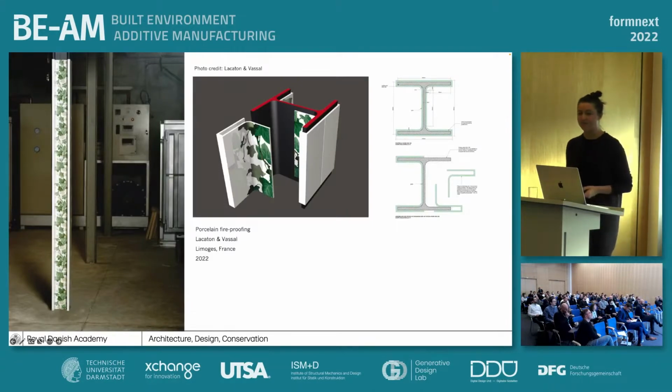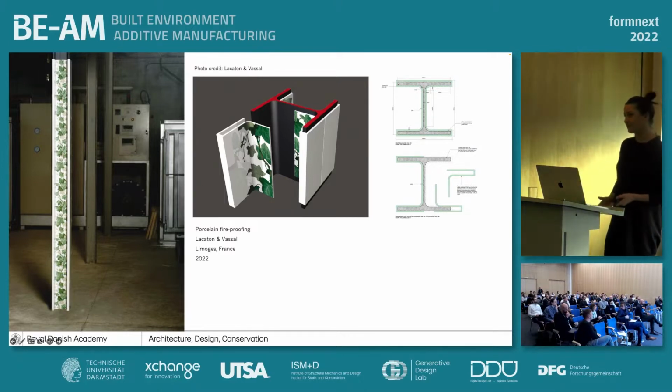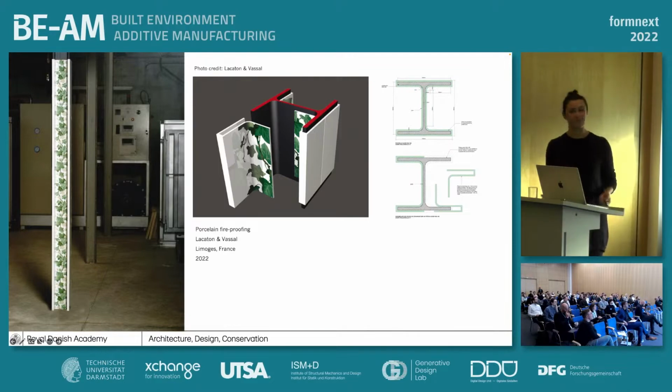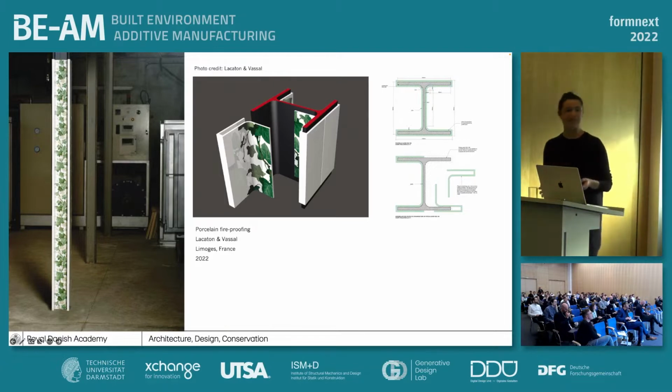So coming back to ceramics and fire-resistant cladding for steel, the approach that Sullivan and the other architects of the Chicago School used didn't stay around for very long, because engineers got much better at protecting structural steel through the use of intumescent plates and other cladding systems. So we only really see these buildings built for a period of around 30 years. But in